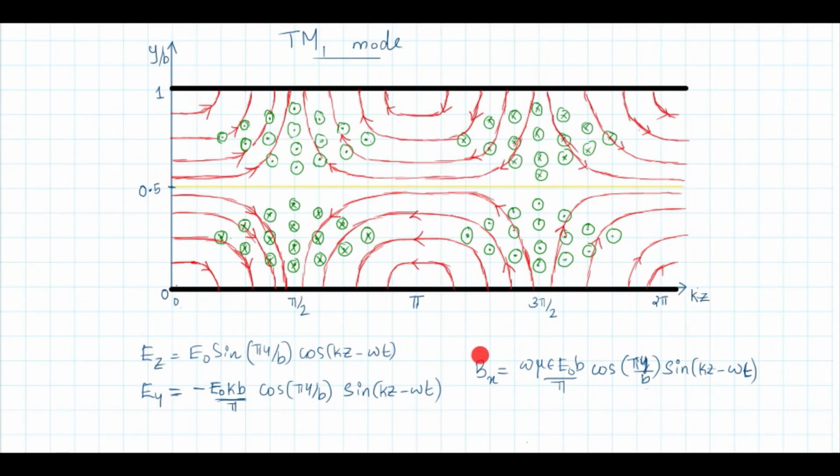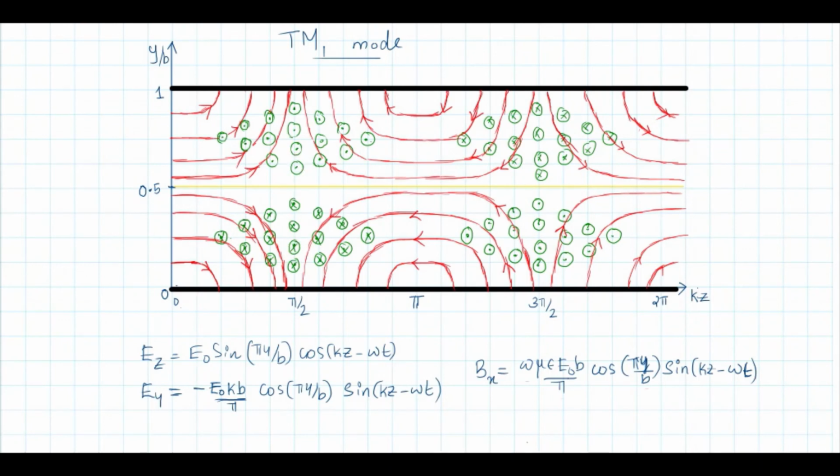Now, look at the magnetic field Bx. It is denoted as either into the plane of the board. If you have a cross with a circle around it, it is directed into the plane of the board. If you have a dot with a circle around it, it means that it is pointing outward. Anyway, it is along the x direction, either along positive x direction or along negative x direction. Into the board means a cross along with a circle. Dot along with a circle means out of plane.